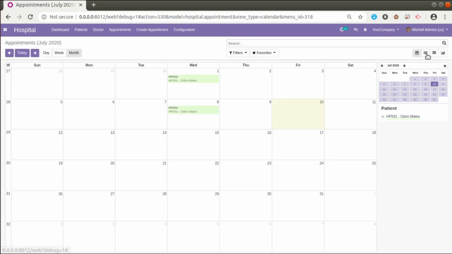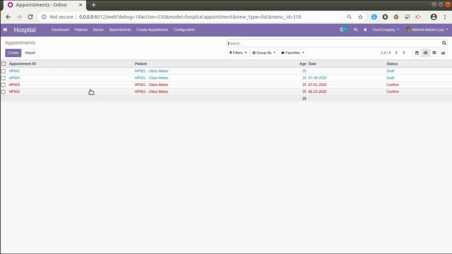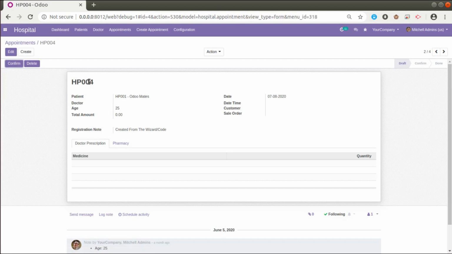If I switch to the tree view and open any of the draft records, we get the confirm button. Here you can see in the URL the corresponding model is hospital.appointment, and the button action. If I place the mouse over the button, you can see the method that is triggered on clicking the button is action underscore confirm.